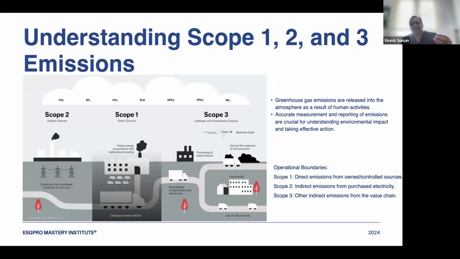If not, this and the next 3 slides are a piece of cake for you. And if yes, let me explain. A scope 1 emission is in the center. What is that emission? It is your own emission. Always remember the word own. The moment you can relate that word to the activity of the company, that emission is a direct emission, and it is called a scope 1 emission.